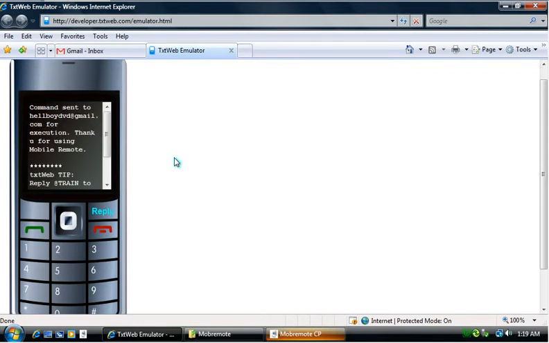If you send it from your cell phone, you'll get an SMS back saying the command was sent to your email for execution, and thanking you for using Mobile Remote. And we thank TextWeb for supporting free applications, it's a great platform really. Please visit their website, txtweb.com. I repeat,